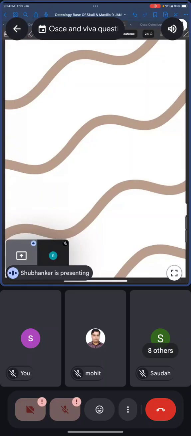Today we'll be having two small discussions. One will be on the base of skull, what all questions can be expected from this section, and secondly we'll be revising the second important bone after the mandible, that will be your maxilla. I'll be taking around 20 plus 20, 40 minutes max, and we'll be covering both of them and revise 2-3 previous OSCEs which have also been asked, and what all can be expected in future from this